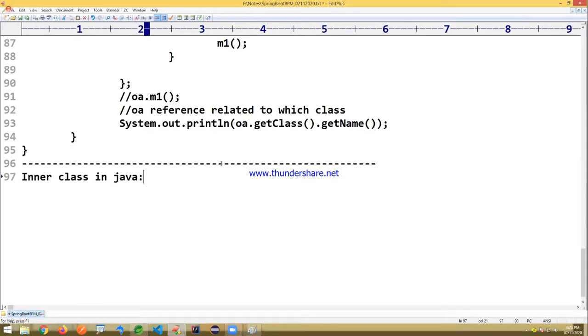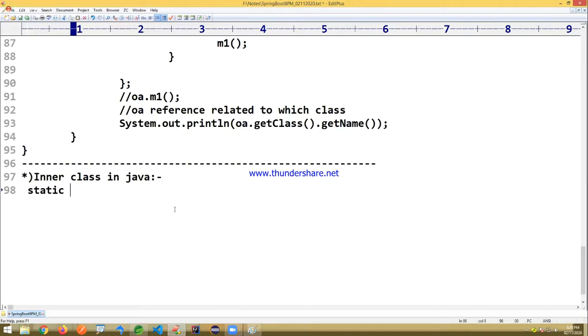Okay, we already have the concept of normal classes. Why especially inner classes? Did you ever have a doubt like this? We have normal classes, we write normal classes and use them. Why a separate inner class? Why a class inside a class? Why an interface inside a class, like that?